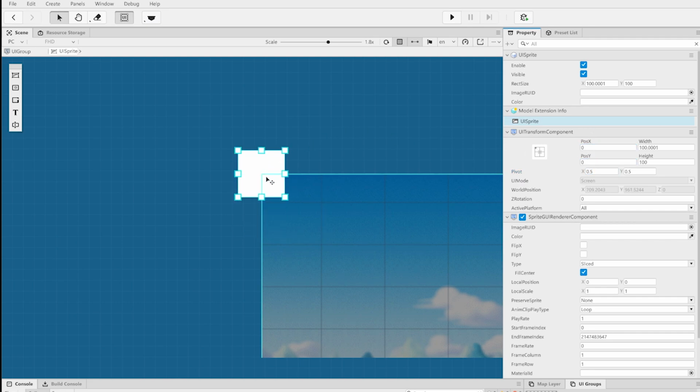our image is not snapped to the top corner of our screen because the pivot point of our image is in the center. If we change this pivot point to 0 and 0, now our pivot point is in the bottom left-hand corner of our sprite image, and our X and Y pixel offsets are a little bit different now. So if we zero these again, our pivot point and our anchor point snaps together to be in the same